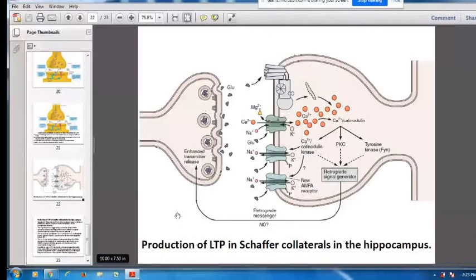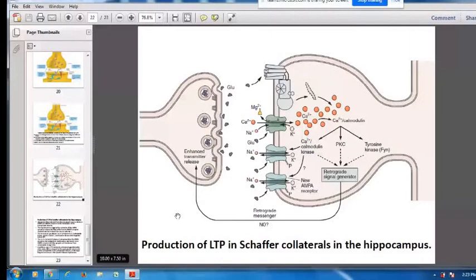So the consequent result is what? The final result is that there is a retrograde signal generator. That means it gives a signal to the presynaptic neuron. That's why there is a big arrow, and here it is written retrograde messenger. No, there is a question mark. NO is nitric oxide. Scientists are still guessing, that's why the question mark is there. They are still doing research. They guess that it is nitric oxide which plays the role.